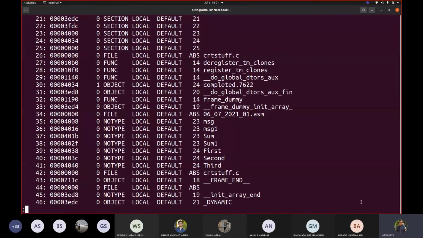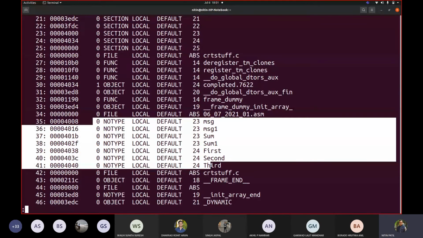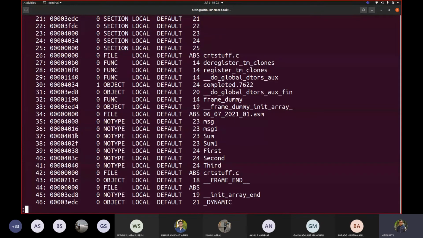Still, I cannot see the size added for them. Correct, but the size I can compute from here. The addresses: if I deduct this one and this one, then I can get the size of that exact variable.